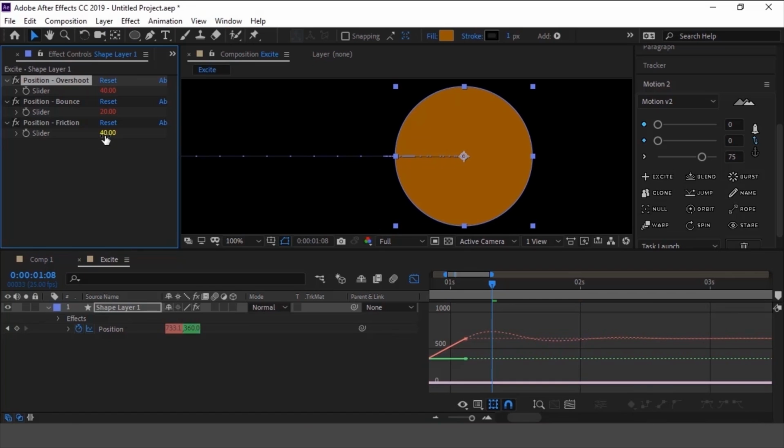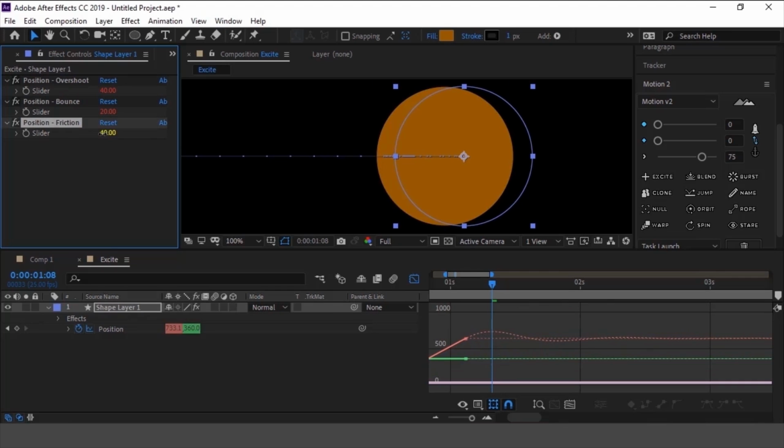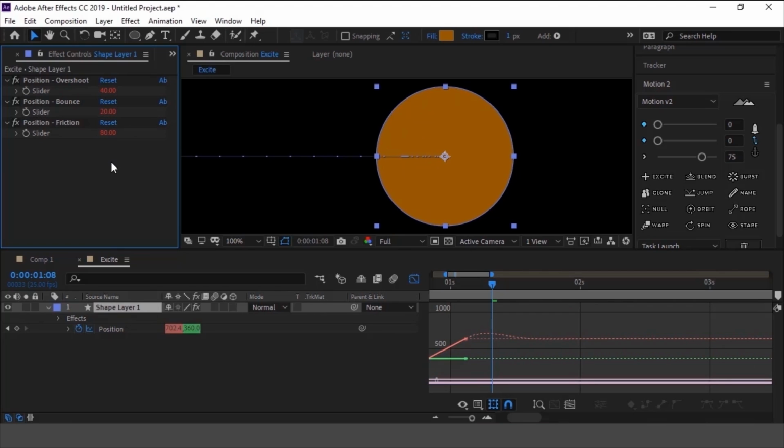Friction is an option that determines the strength of increasing movement in time. All of these values are relative, and the value of the velocity of the object directly affects